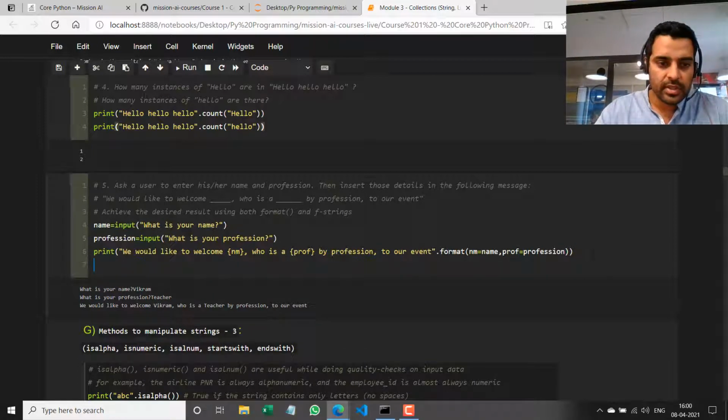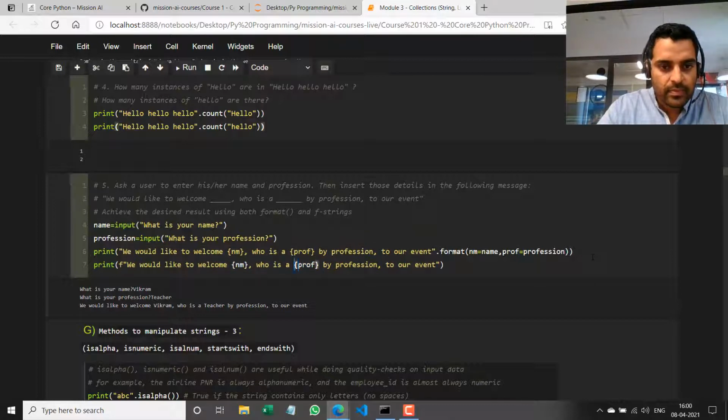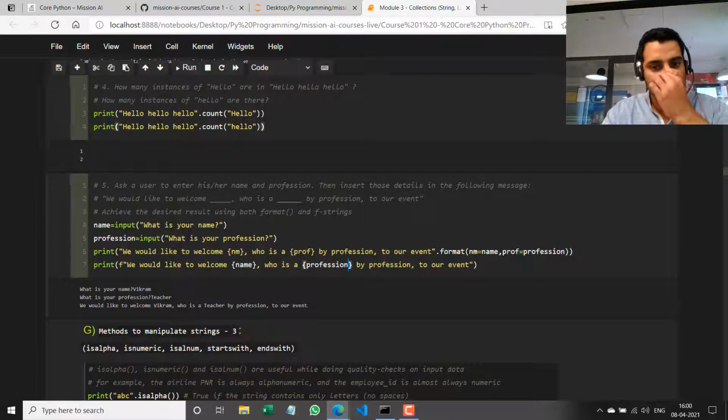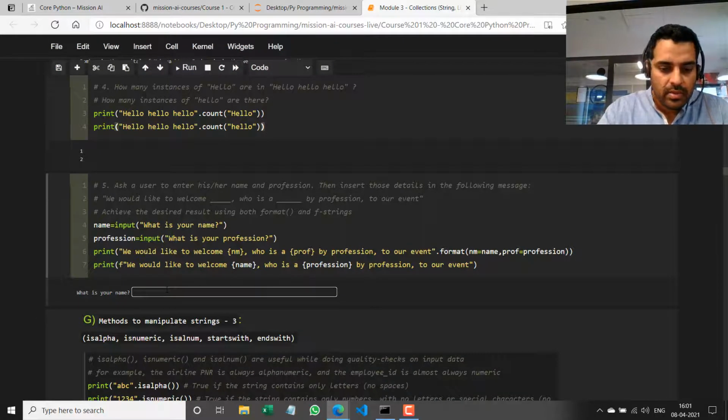Now, another way to do this would be using f strings, right? Where instead of saying there's a placeholder, then here's the placeholder value, I'll just say f and have this string here and directly embed the variable names inside. So in the first place, this is the variable name. Second case, this is the variable name. These variables have been defined here already. There's no dot format, there's no nothing. I'm just saying f over here. It's an f string. See,